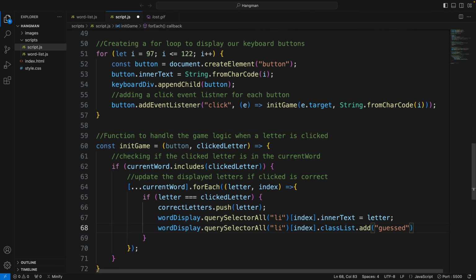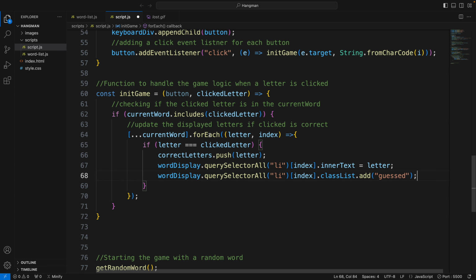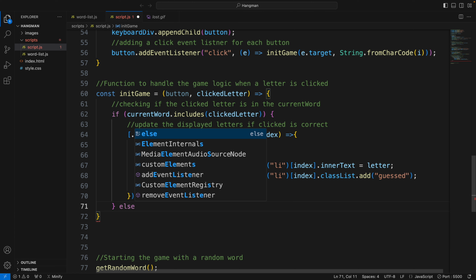All right. Doing good. And remember to put semicolon there. Okay, so we got our first condition here. If this is true, this will be met. This is updating displayed letters if it is correct. And then now we need to do an else in case it's incorrect. So we're going to go else